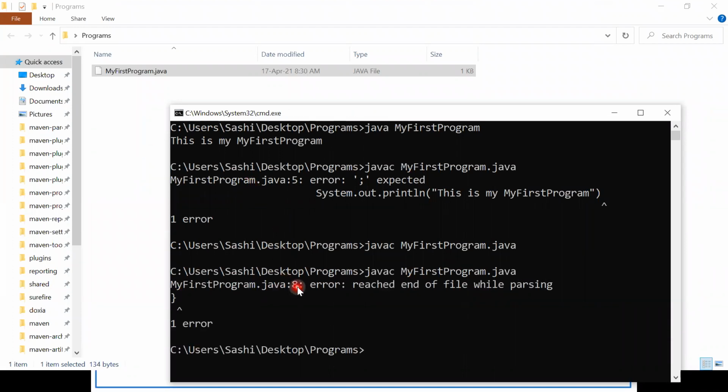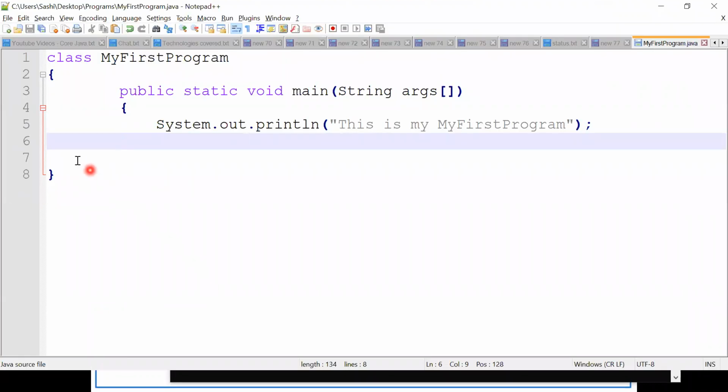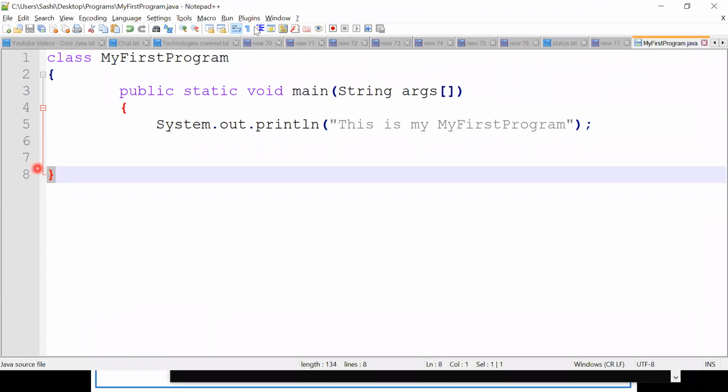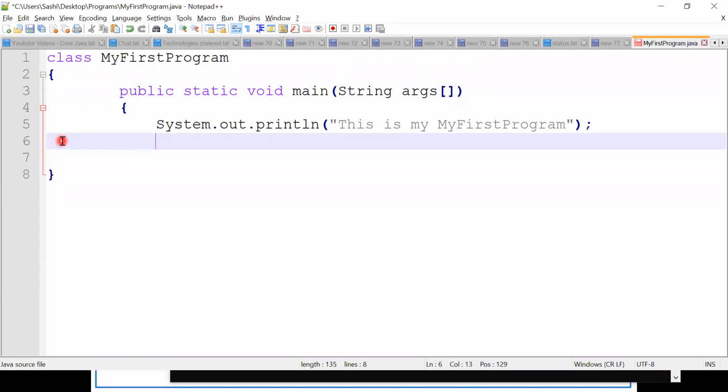In line number 8, right, we are not using proper closing parenthesis. Yes, go to line number 8. This is line number 8. It means like number of parentheses. It is thinking like this closing parenthesis is for main method, right? One more closing parenthesis is required. That is the rule behind it, right? So I'm just correcting the compile time error.